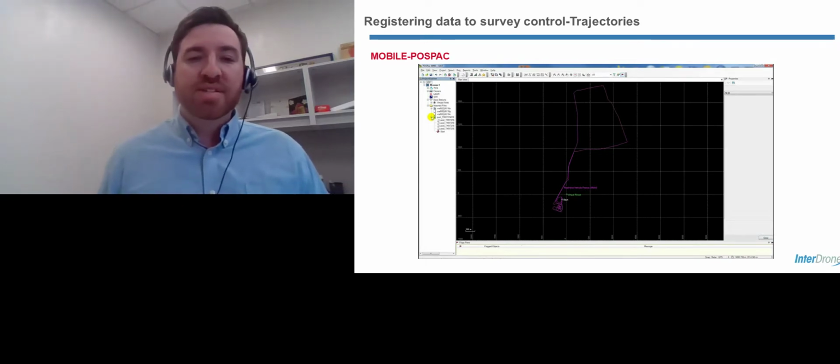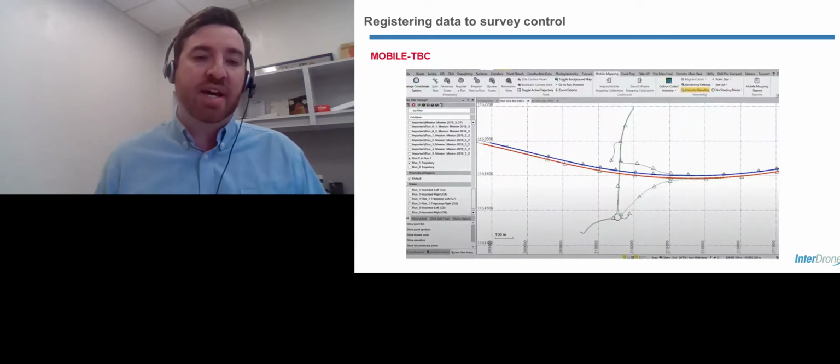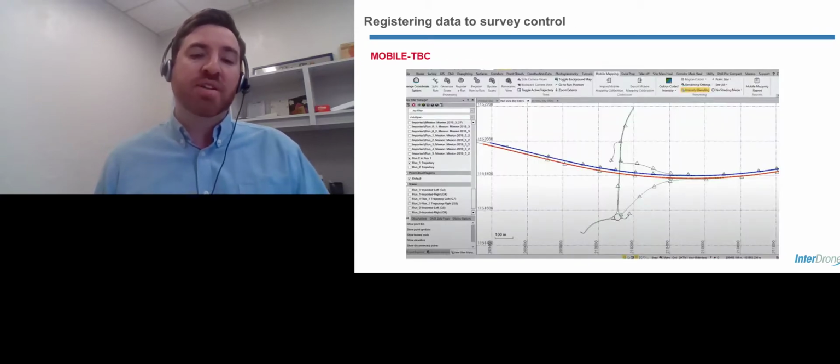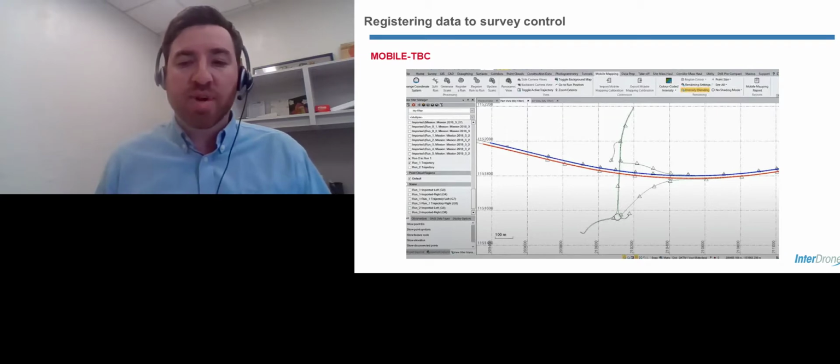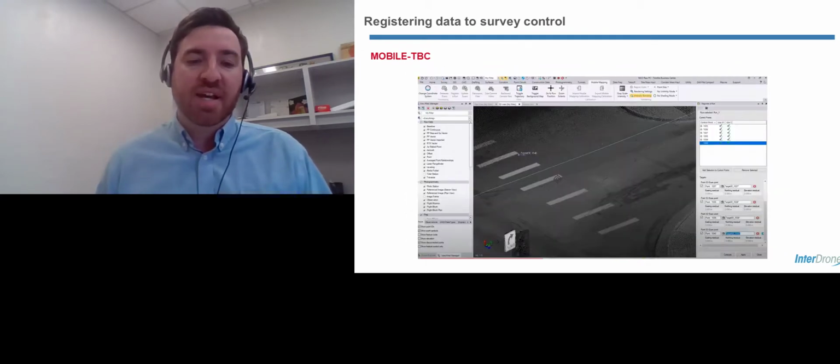So a few examples of the different software that we use. This is on our mobile stuff, showing your mobile trajectories, your drive paths and things like that. You'll pull your trajectories into your registration software, so you're seeing where the drive lines were, and then you're seeing control points. Then you go into that and you tie down the control